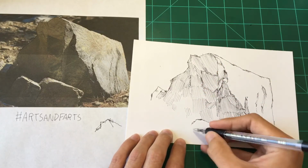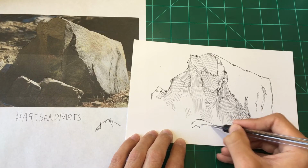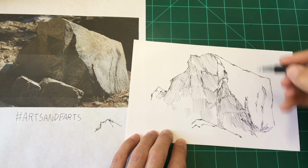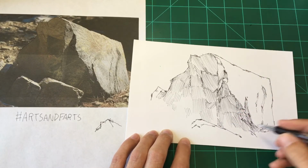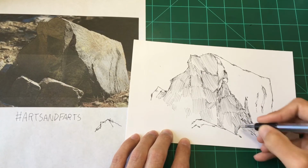So yeah, I'm having a good old time drawing this rock, and getting a couple little rock friends on the side here. You could even draw a little climber dude, climbing on top of it or something like that, or a cool creature. I don't know, but yeah,